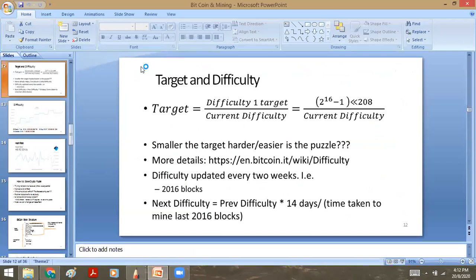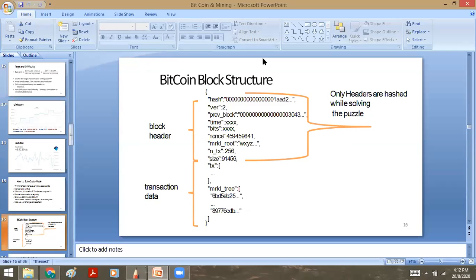The puzzle is nothing but a random number generated by the protocol. Each node will fetch the puzzle and compare with the puzzle. If it matches, then automatically, I'll tell you, all headers are hashed while solving the puzzle. If the puzzle is solved,